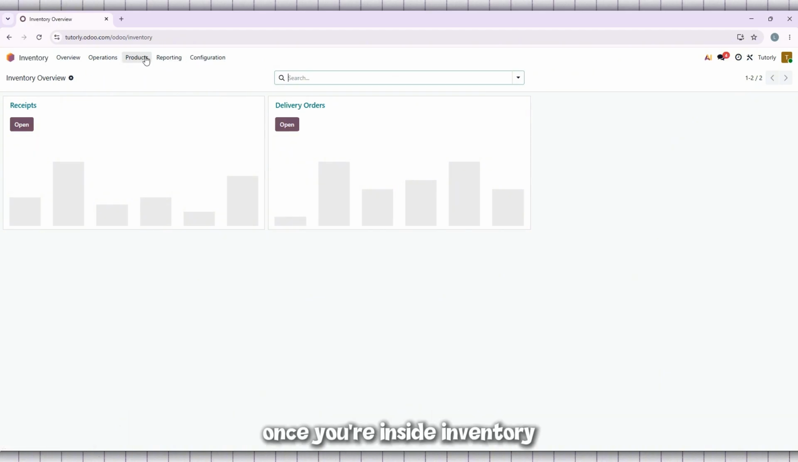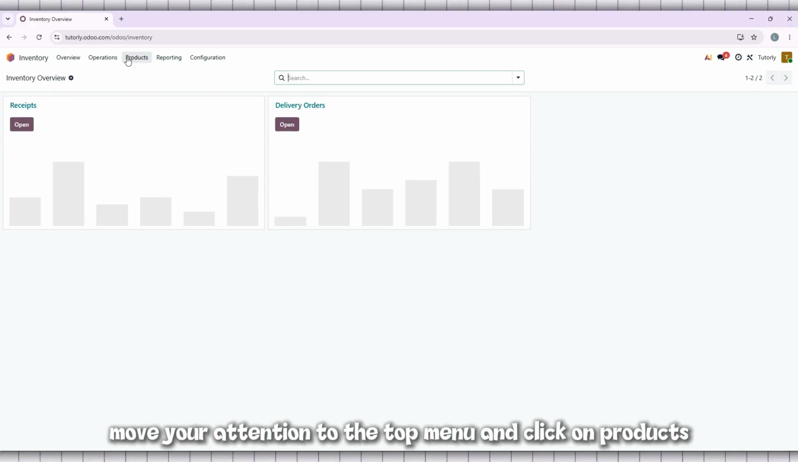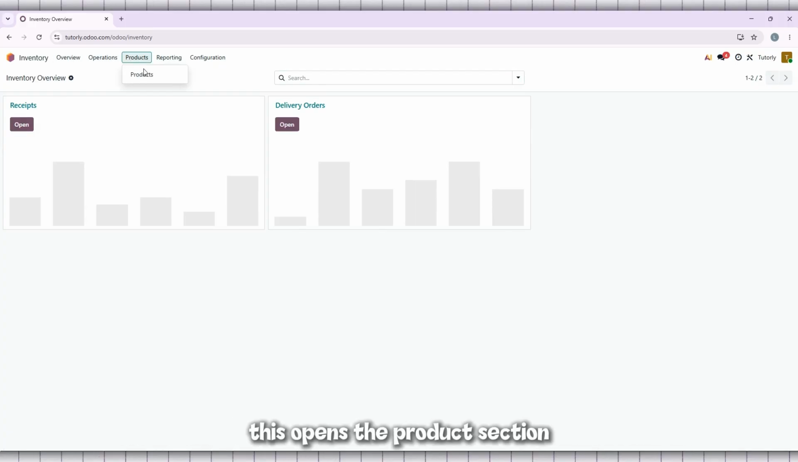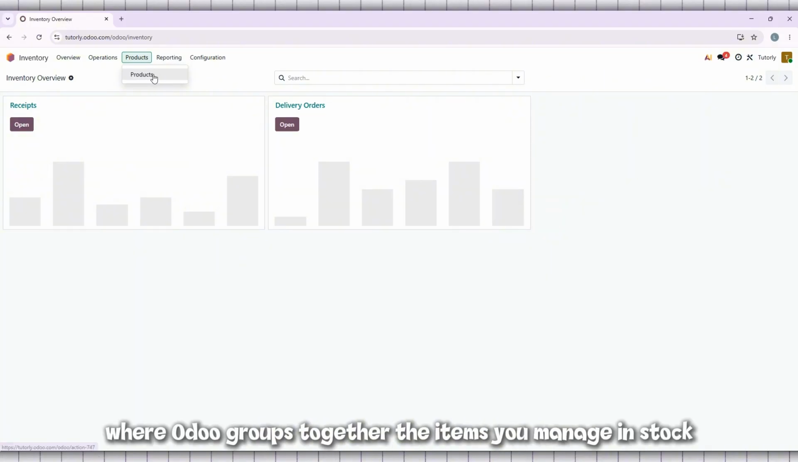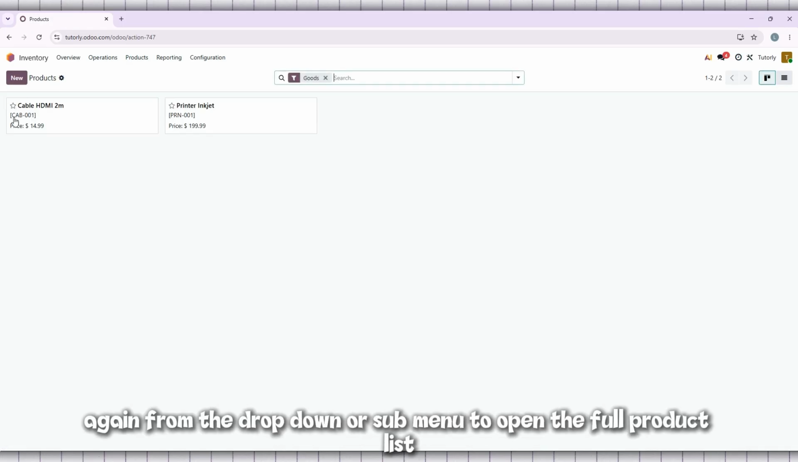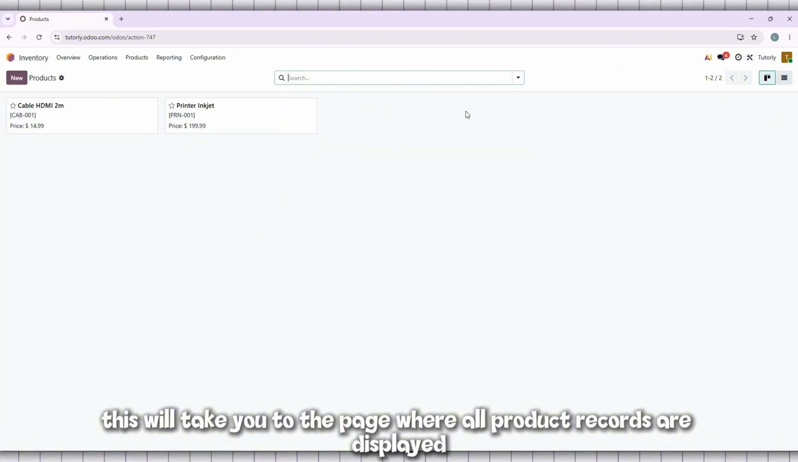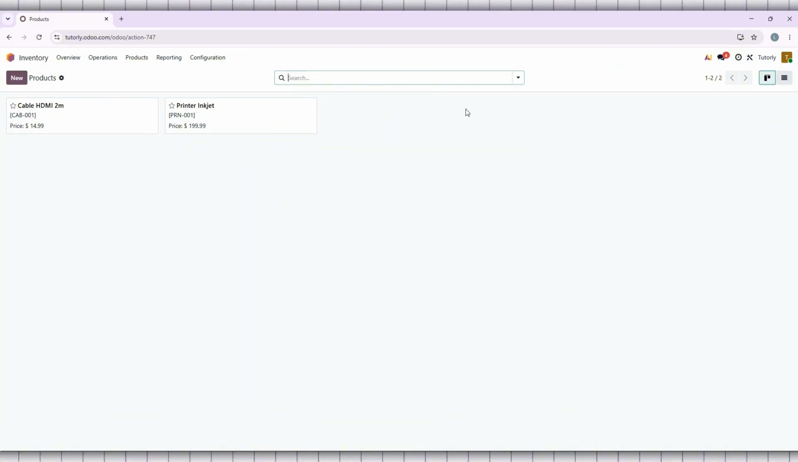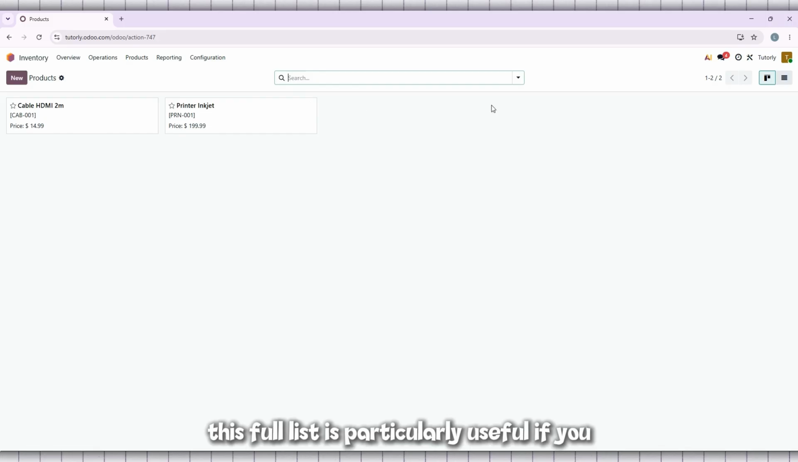Once you're inside Inventory, move your attention to the top menu and click on Products. This opens the Products section, where Odoo groups together the items you manage in stock. After that, click on Products again from the drop-down or sub-menu to open the full product list. This will take you to the page where all product records are displayed. This full list is particularly useful if you need to check multiple products at once, review stock levels, or prepare